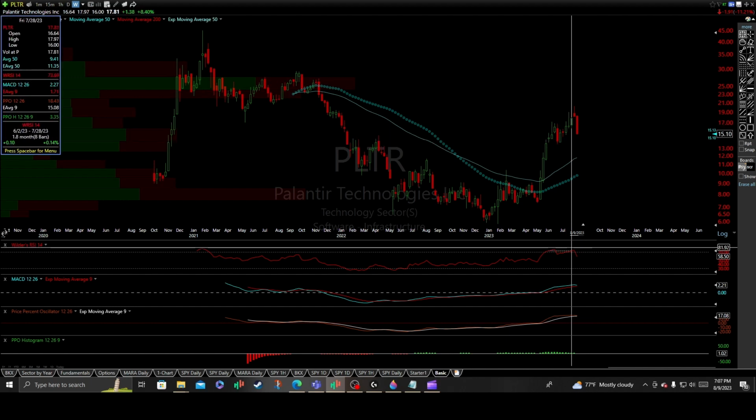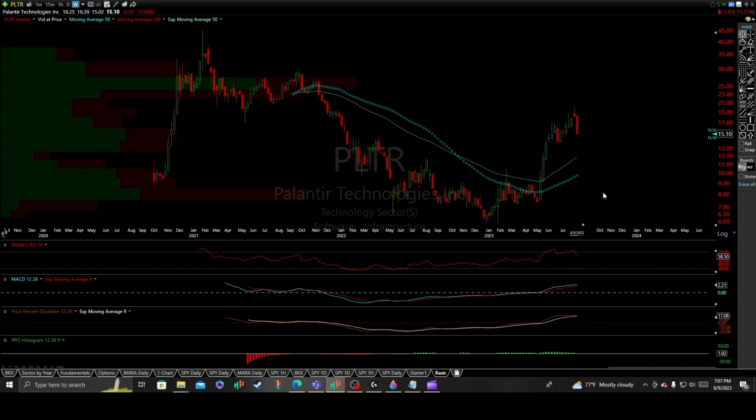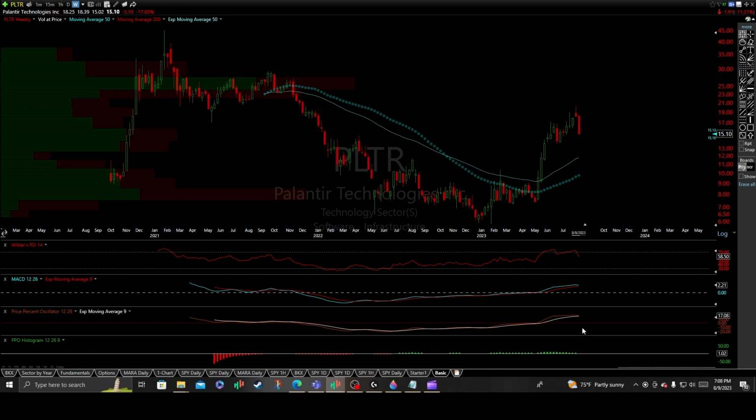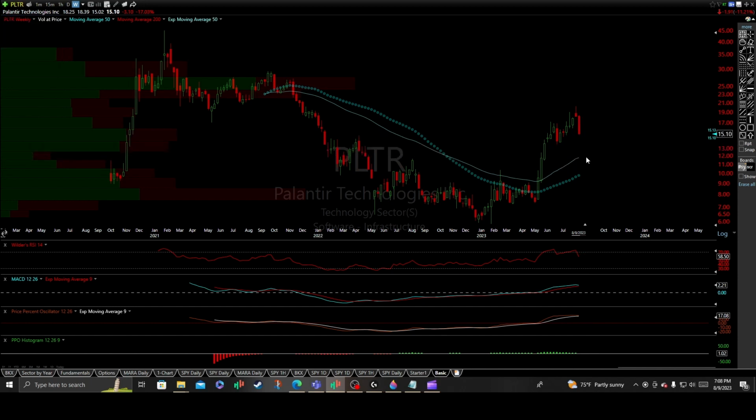We have confirmed RSI negative divergence here on a much larger scale, where the moving average convergence divergence and the oscillator are coming in tune with key inflection points on a potential crossover and an avert of that crossover. We're at a significant turning point where you have the 50 exponential moving average around that $12 range, $12.30 range. And again, just a big 50 weekly moving average inflection zone that must be defended there on the much larger,